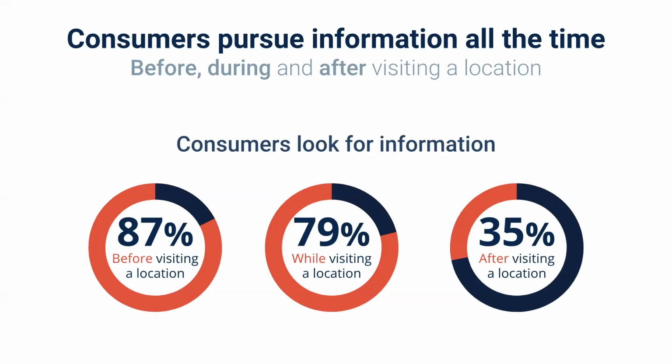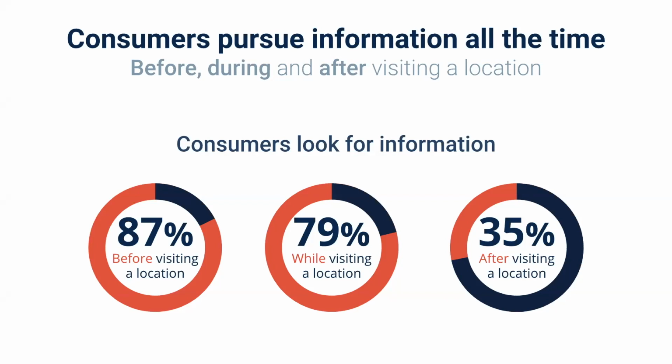And then imagine what they're going to do. So some really interesting stats here. 87% of my ideal customers are going to research my property online prior to ever coming into my location. So they're going to know what floor plans I have available. They're going to know what prices those floor plans are going for. They're going to know where you're located. They're going to know if you're pet friendly. They're going to know everything about your location prior to even speaking to a leasing agent.